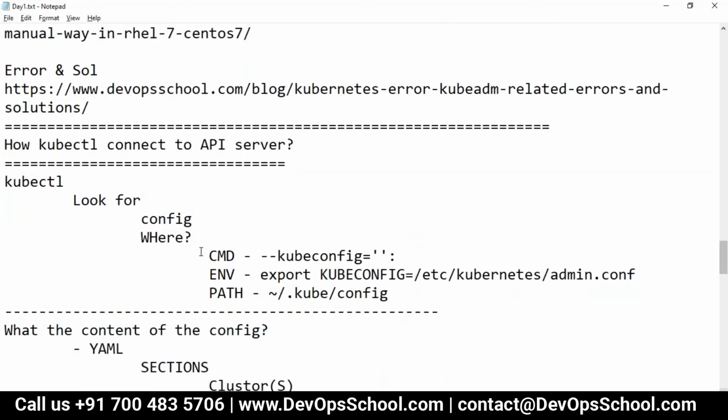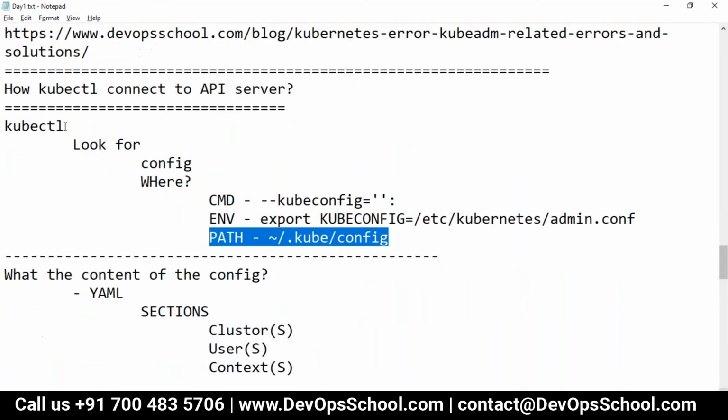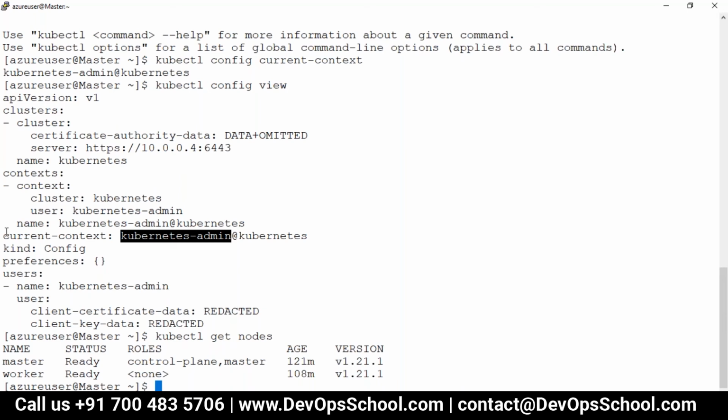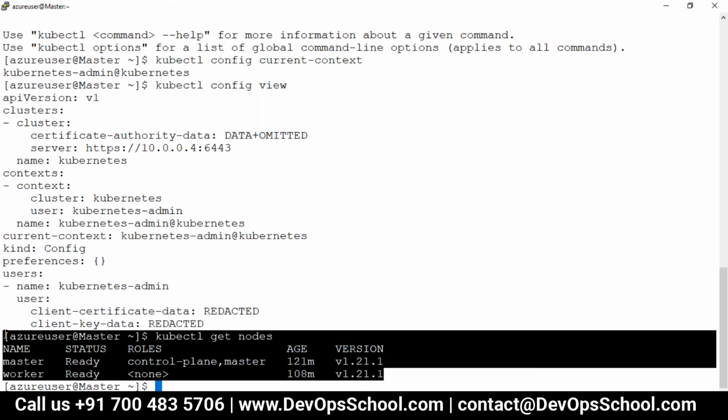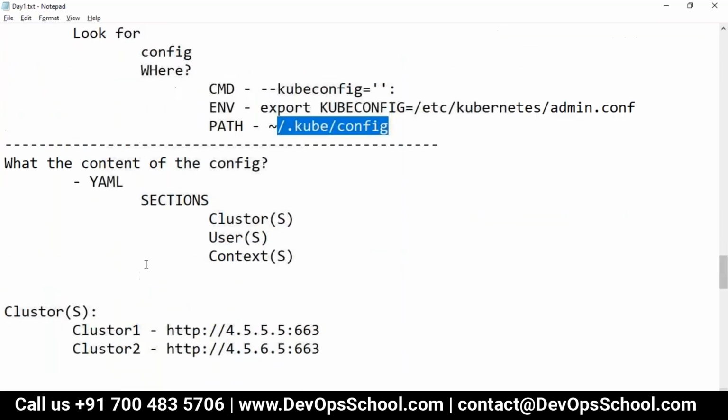I have not set this one and this one, I have set this one. So automatically kubectl uses this config file and this default context, which is this one, and sends that command to the API, and whatever the API responds back, you see that here.